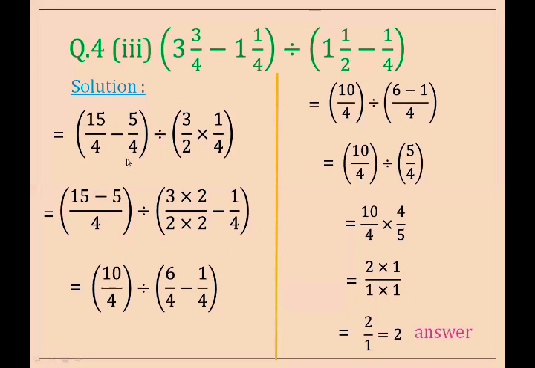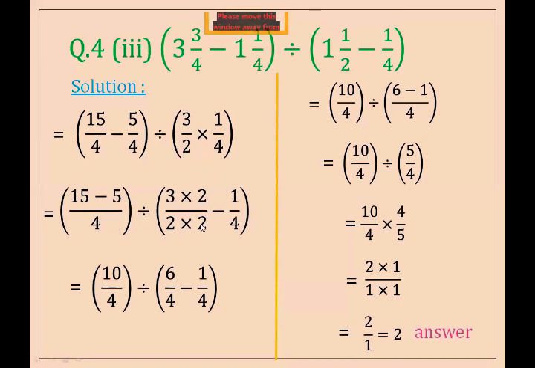Again, the brackets are solved first. So here the two fractions are subtracted. Both denominators are the same here. We write the same denominator, which is 4, and the numerators are subtracted from each other, meaning 15 minus 5. Divide sign, the brackets are the same. They are multiplied with each other. So here we write